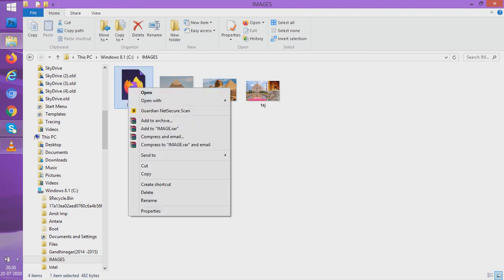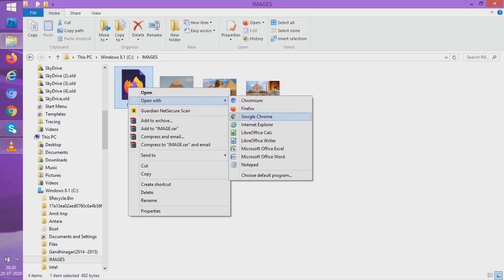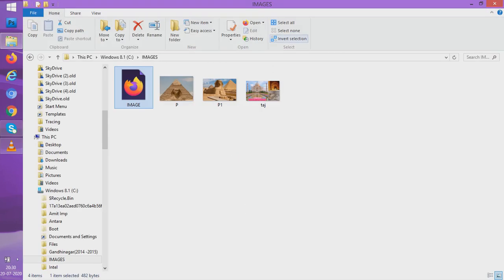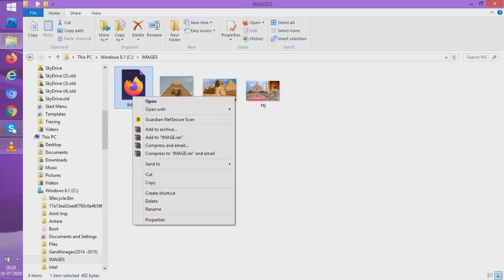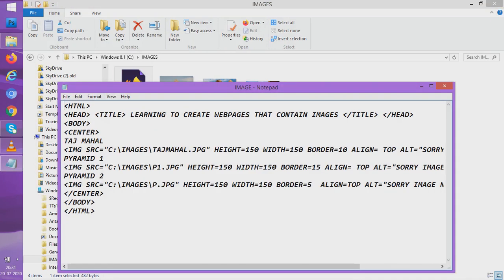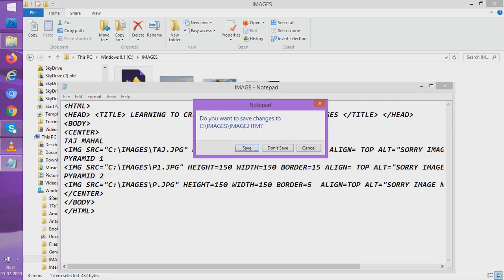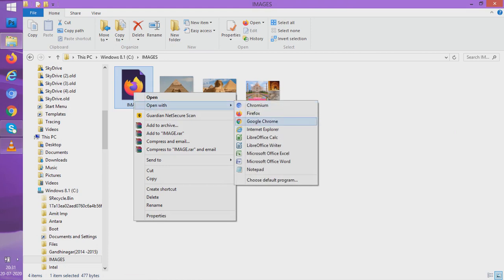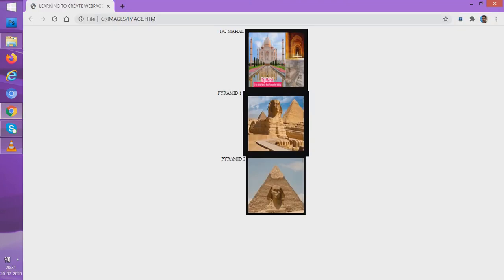Now if I run this with Google Chrome, no problem for the first two, and we can even correct the first one by again writing Taj instead of Taj Mahal. So now if I run it, what will happen? Now everything would be fine. All three images would come before us. Now all three images are coming before us.